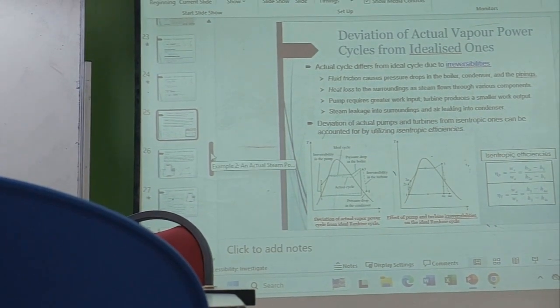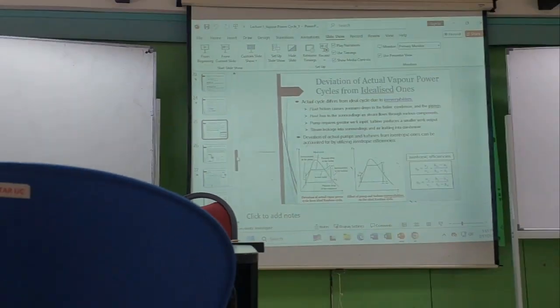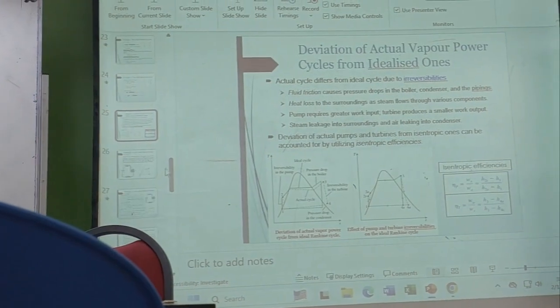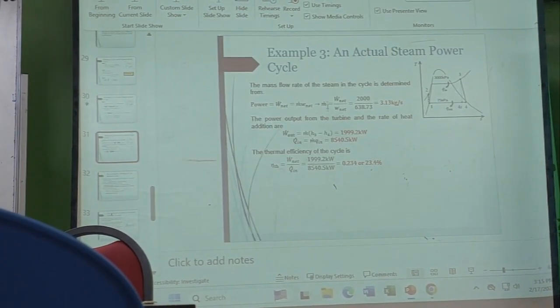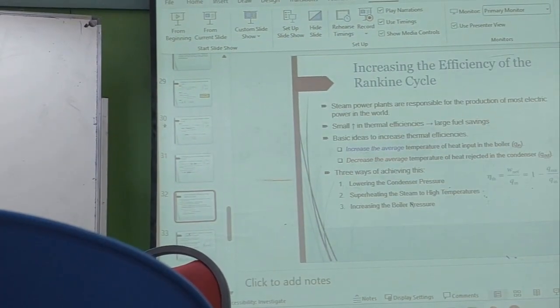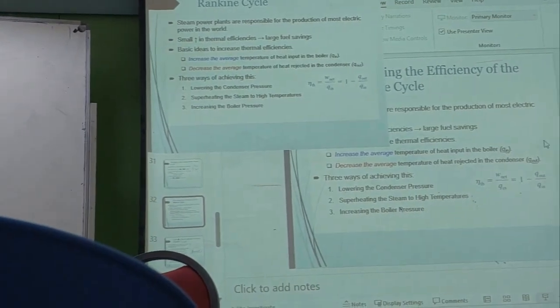Whereby we will assume all the pressures are still constant, then we get isentropic efficiency for both pump and turbine. So those are the ones that we assume are not the same. So we discussed, we have examples on how to calculate the efficiency. So here we quickly